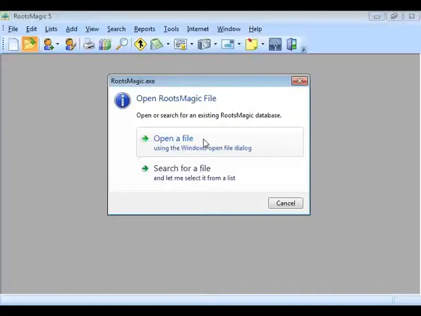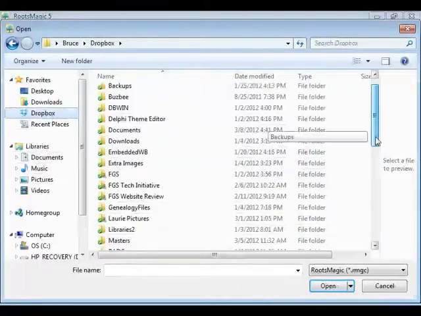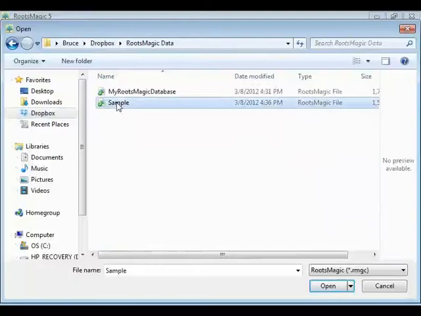Okay, RootsMagic 4 to 5, the file formats are basically about the same. There's a few little differences, but I'm going to go ahead and say I want to open the file. So I don't do import to go from 4 to 5. If I'm coming from 3 to 5, then yes, I would do import. But if I'm going to go from 4 to 5, I'm going to say open a file, and I'm going to go to my folder where my version 4 data is, and I'm going to select my version 4 database,